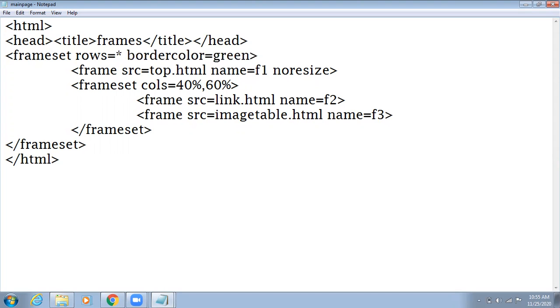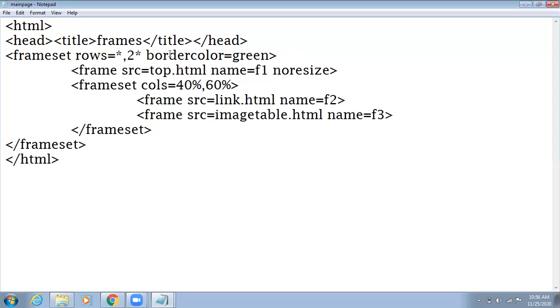Star, asterisk sign, comma, two asterisk means twice of the asterisk. So instead of writing percentages, we could write 30 and 60, but no, 30 and 60 will not total 100. So you can use star and twice of star.